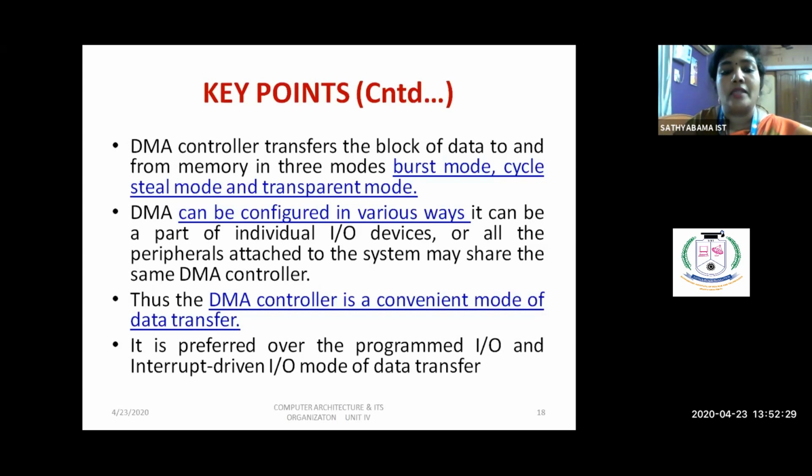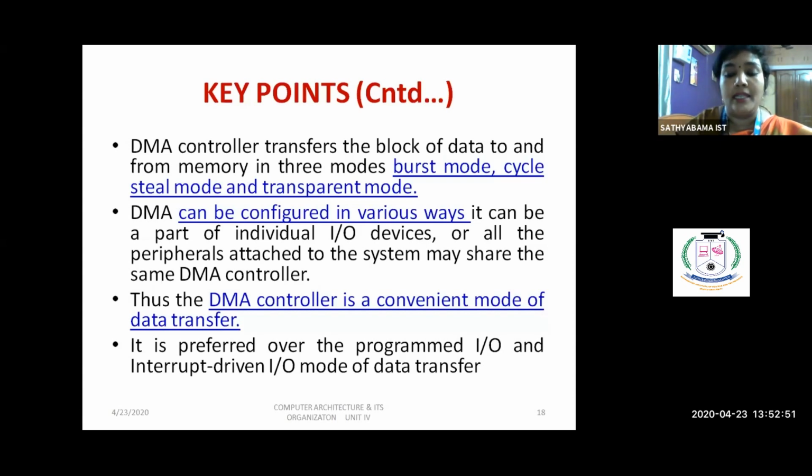It is always preferred over programmed IO and interrupt-driven IO modes of data transfer. Since DMA does not have the interference of the CPU, it directly transfers the data between the memory and the peripheral device.